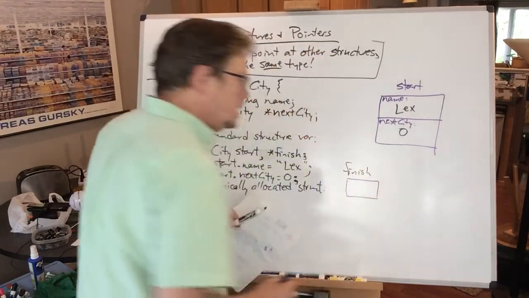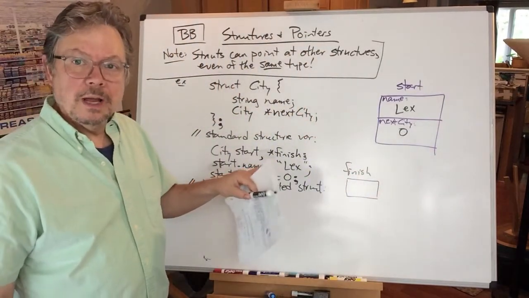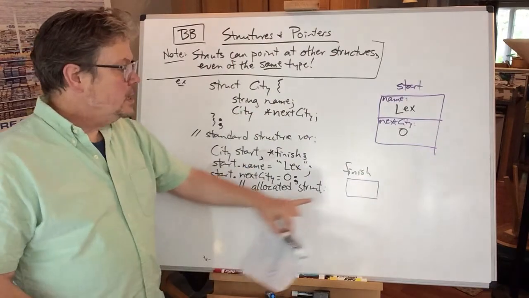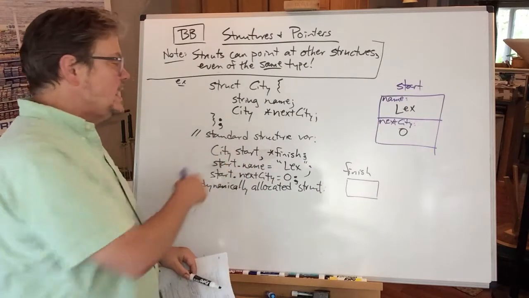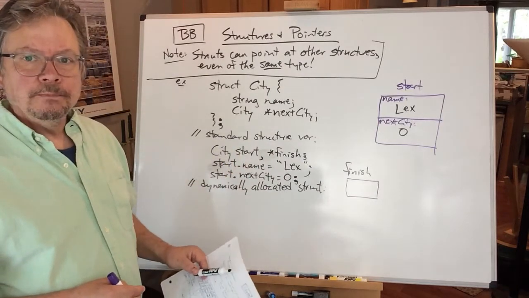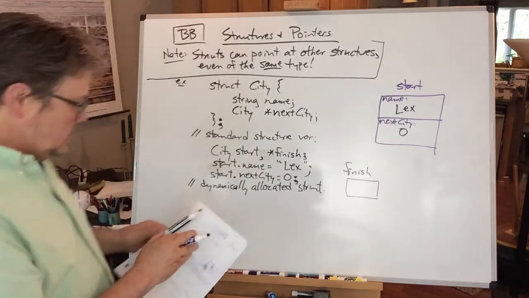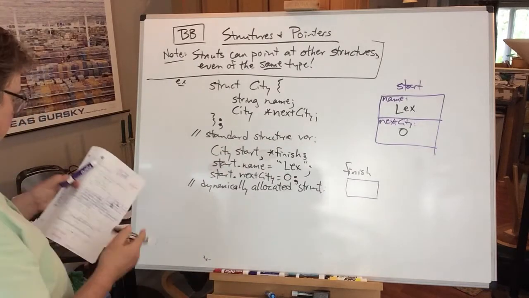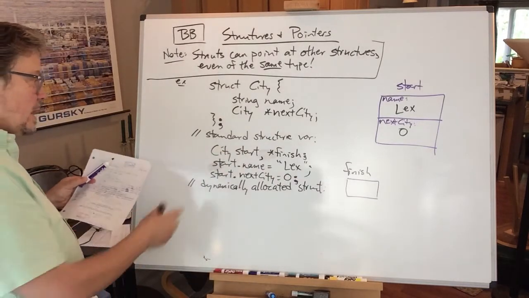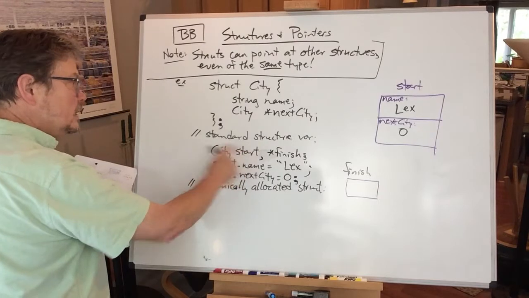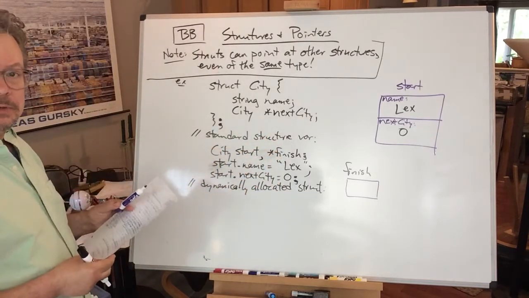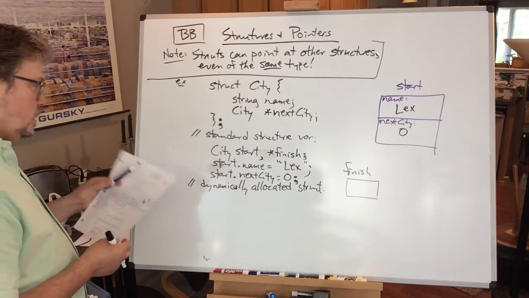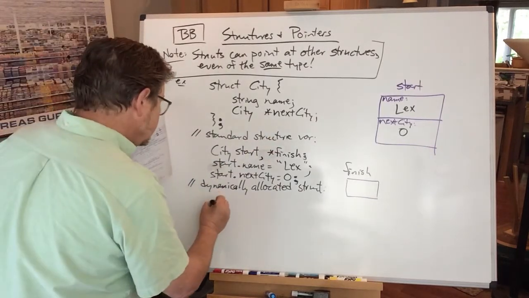It's a little bitty thing compared to a great big structure with lots of pieces, because all that it's got to hold is the hexadecimal number that's the address of a city structure. At the moment, it doesn't point at any city structure. Let me switch back and try to use the right color. So I have an actual city structure variable. I have a pointer to a city structure variable, and now I'm going to use a pointer to city structure variable. Finish